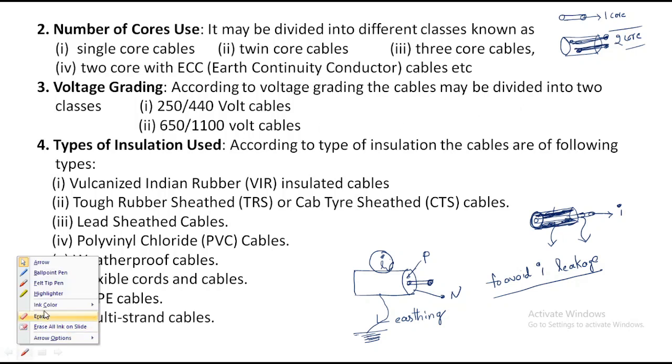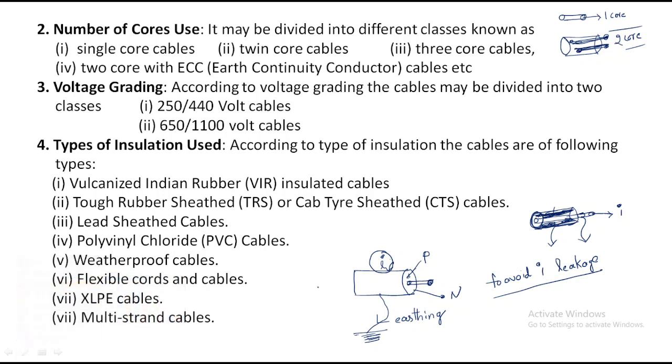Voltage grading means voltage capacity. 220 volts grading means the particular cable has the capability to maintain 220 volts. If it increases to more than 220 volts, what happens? The insulation will fail. Then what happens? Leakage will occur. Leakage of the cable is possible. So depending on that,